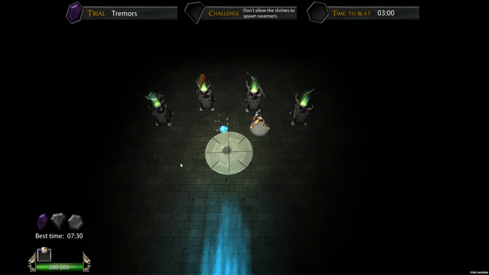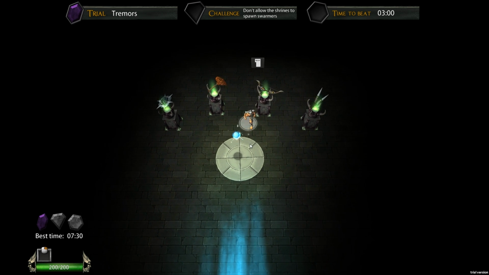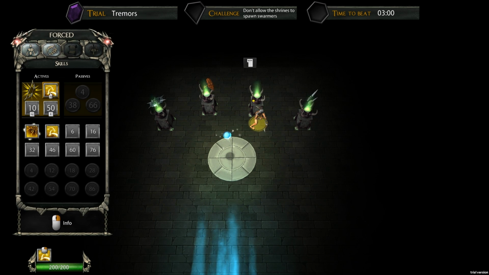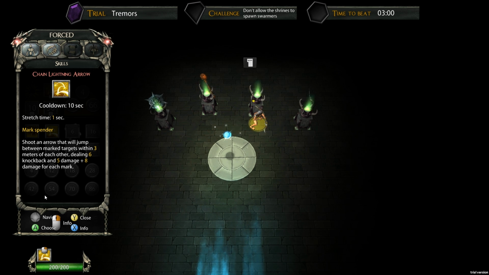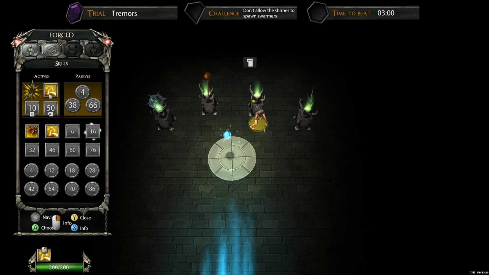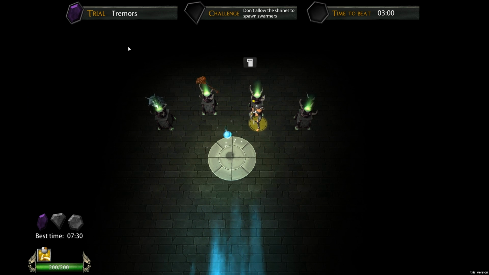And I'm going to show you the finer mechanical elements with how combat works, how marking works, and how our spirit ball works. For this tutorial, we will be using the bow. So I will need to use this ability right here, which is called Chain Lightning, I believe. And if we read it, it says if you shoot an arrow, it will be a chain lightning arrow. It will jump between marked targets within 3 meters of each other, and it will deal damage to each of those creatures. I don't know if there's a maximum amount of marked creatures it will deal damage to, but basically